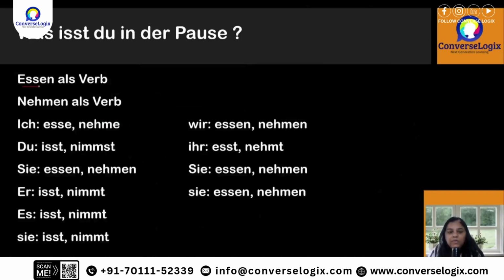When we are using essen as a verb and nehmen as a verb, this is what we need to keep in mind, right? यहाँ पे क्या हो रहा है, एक तो ये वर्ब्स जो हैं अपना कॉन्जुगेशन... But what is important, I have already explained, if somebody has done the 4th, 5th, 6th or any of these courses with us, they know there is a difference between a regular verb and an irregular verb, और जर्मन में हम बोलते हैं starke Verben and schwache Verben, strong verbs and